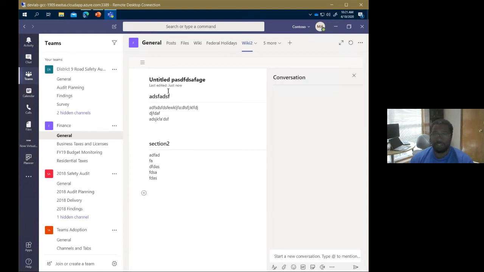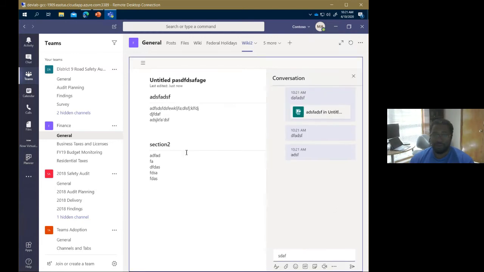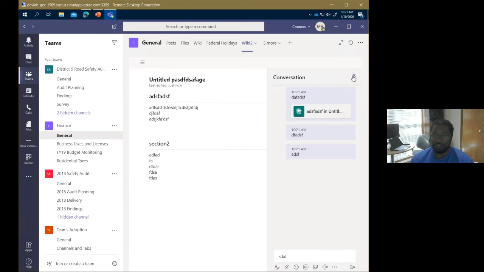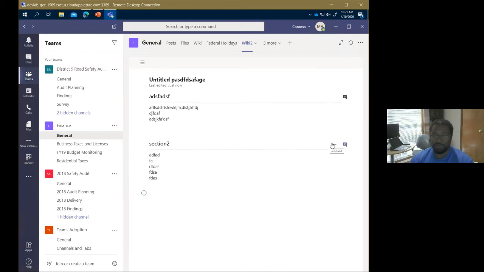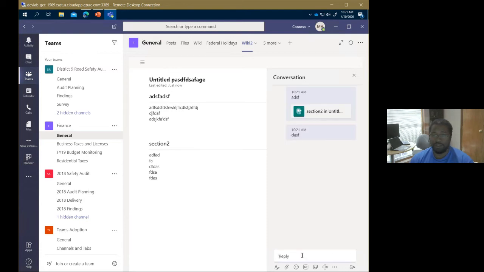So now I'm having a conversation about the ADS section, of course I should have named it better. I might want to say some things about that, which would be different from my conversations about section 2. I might want to say some things about that.